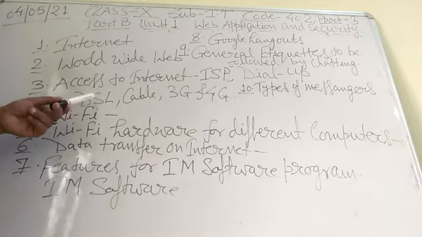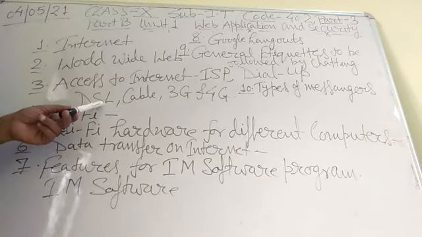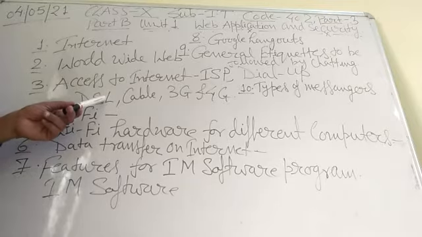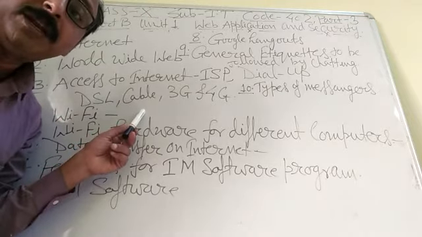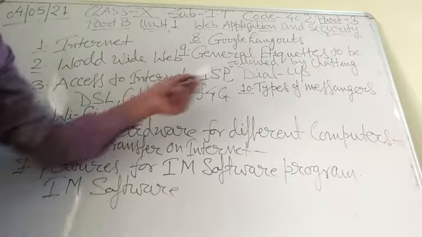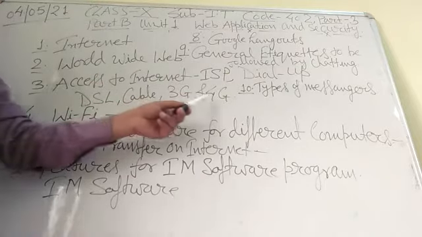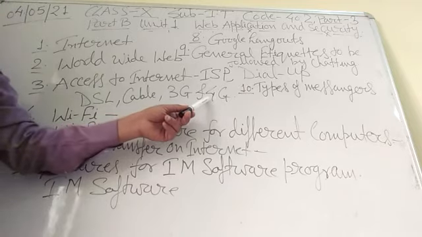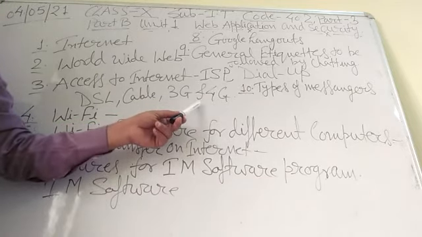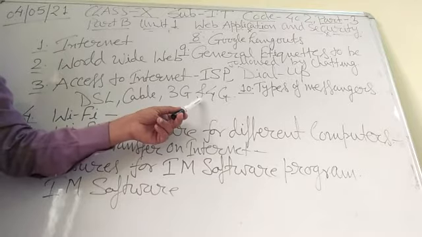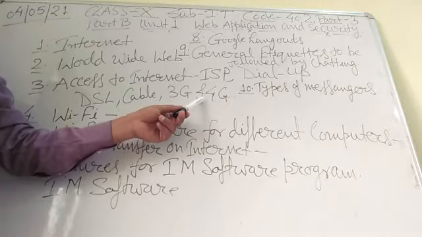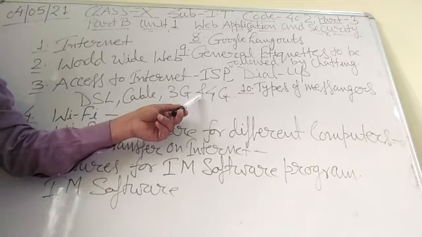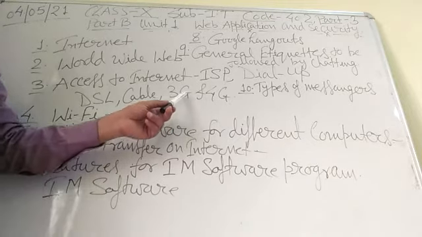Next is cable. For cable service, you will need a cable modem or a network interface card, NIC. This is high speed. When we use cable, we can access high-speed internet, which is better than dial-up and DSL. Next is 3G and 4G. These services are most commonly used with mobile phones and tablet computers, connected wirelessly through your ISP network if your device is 3G or 4G applicable. That is, third generation or fourth generation.